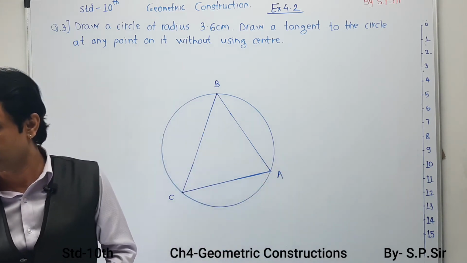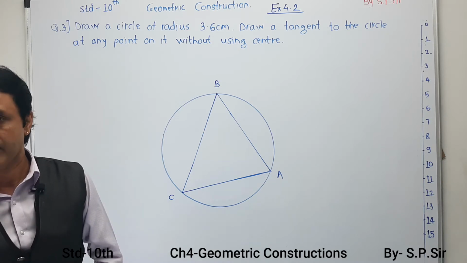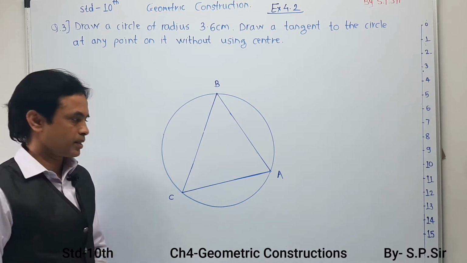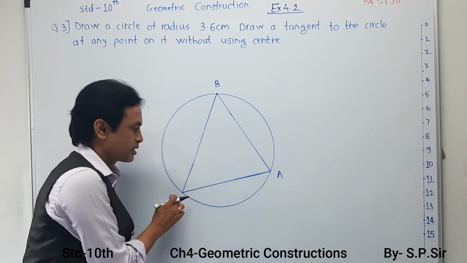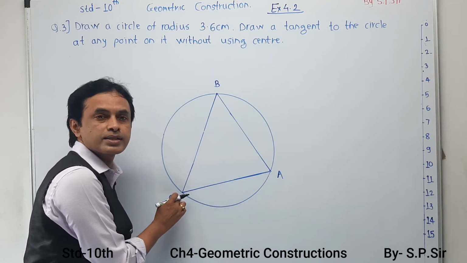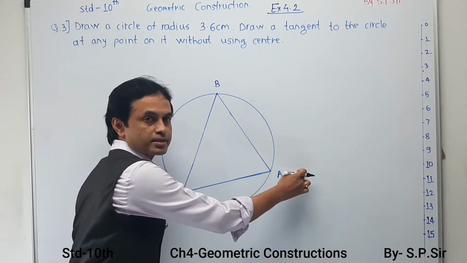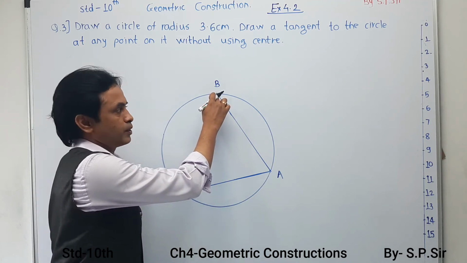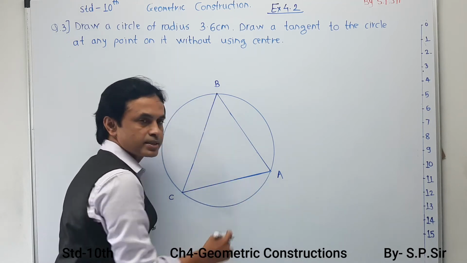Now how to draw it, that is the main part, and here your next step of construction gets started. Remember, considering C as a center, you are supposed to draw an arc. In this case, if you are using vertex C, then your arc is in this direction. But if you take B as the center, then you have to draw the arc in this direction.